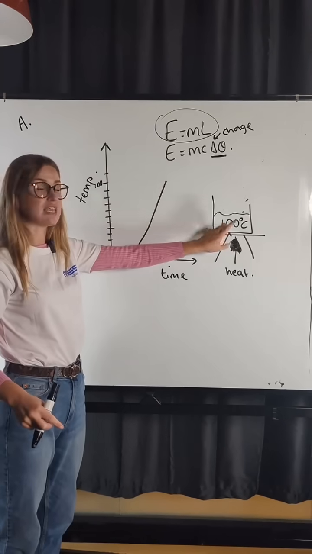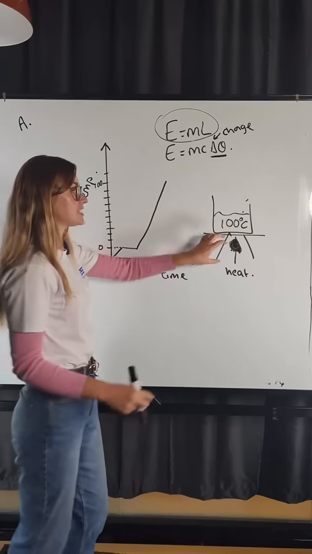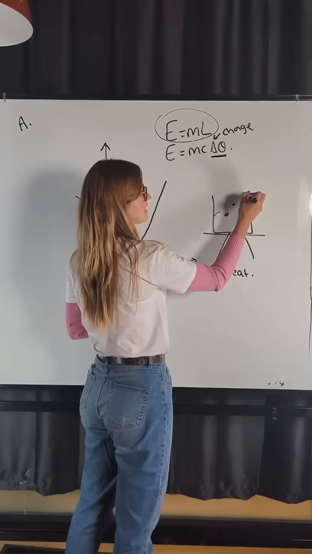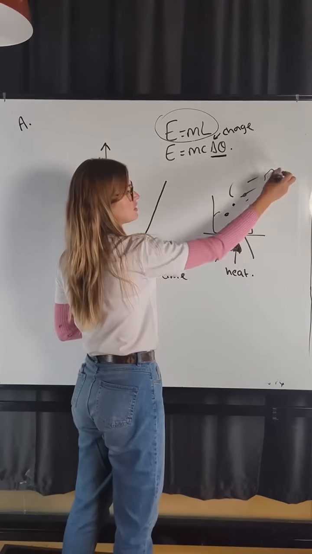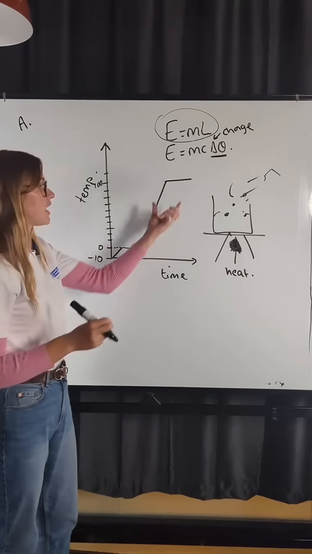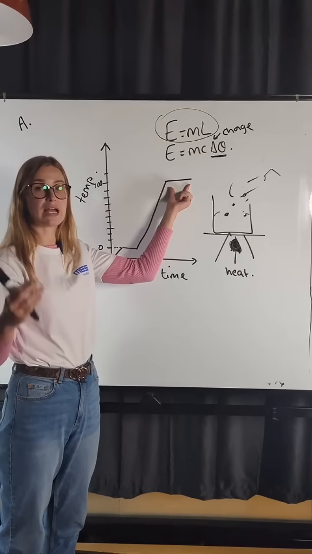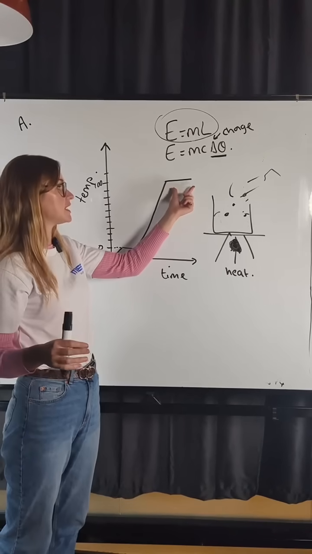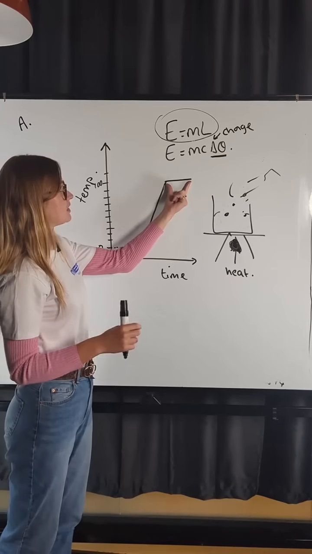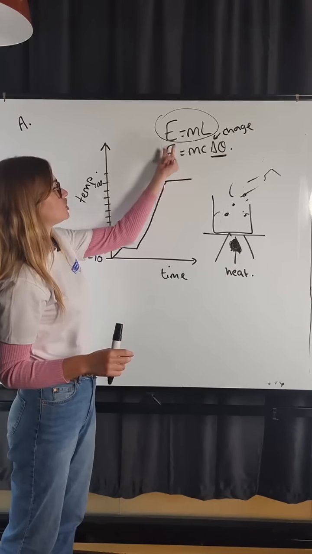Once I hit 100, even though I'm still heating up, that heat is now used to change state from that water into that gas. So this is my gas moving out of the beaker. So then we know there's going to be a change of state at that 100 because all of the energy now put in is used to break up the rest of the intermolecular forces and change that liquid water into a gas. And we can calculate that energy again because the energy there is whatever mass